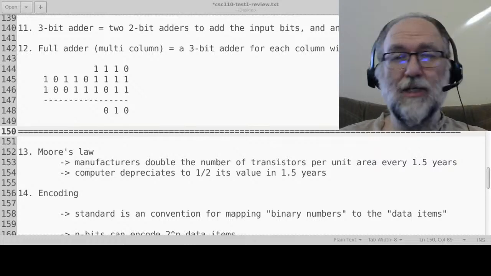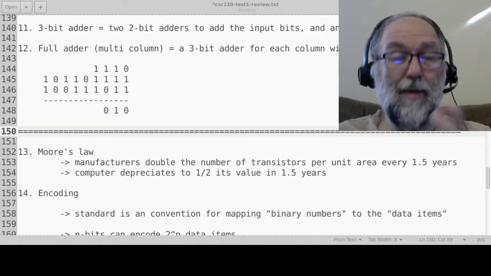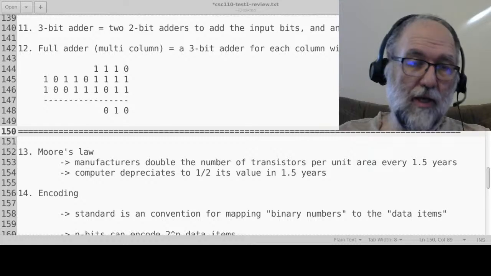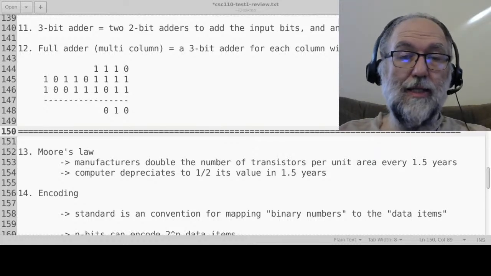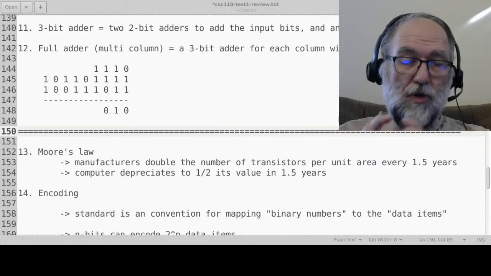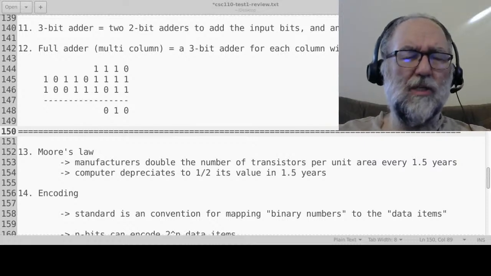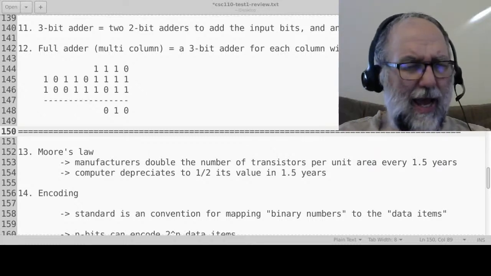But before I jumped into encoding, I actually gave you this Moore's law, and Moore's law is really not a law. All it says is just how manufacturers have been able to improve on computer technology over the years. And Moore, who was one of the co-founders of Intel, basically said that manufacturers will be able to double the number of transistors that they put on per unit area every 1.5 years. Okay, now he originally said 2 years, but it works out that the law is more like 1.5 years. Okay, so what does that mean? Every 18 months, every year and a half,